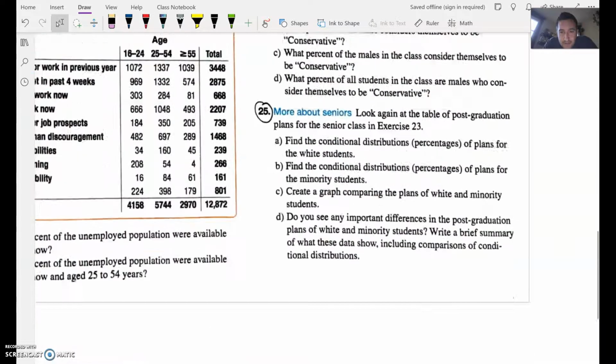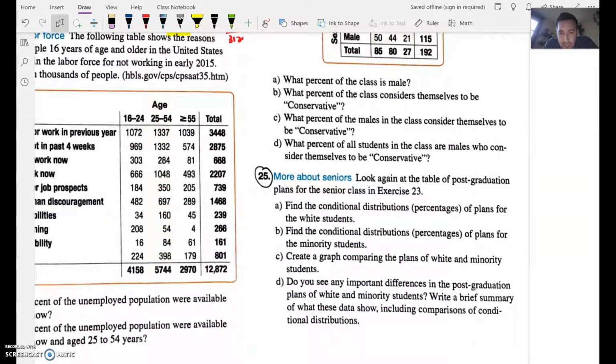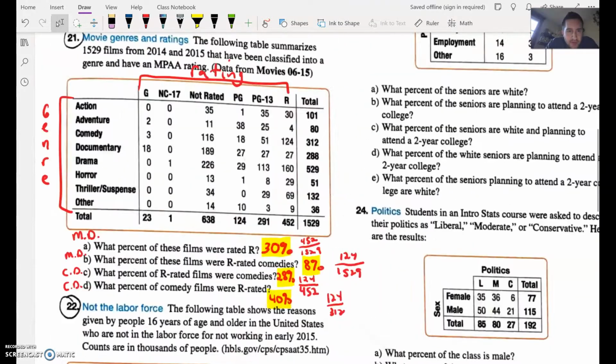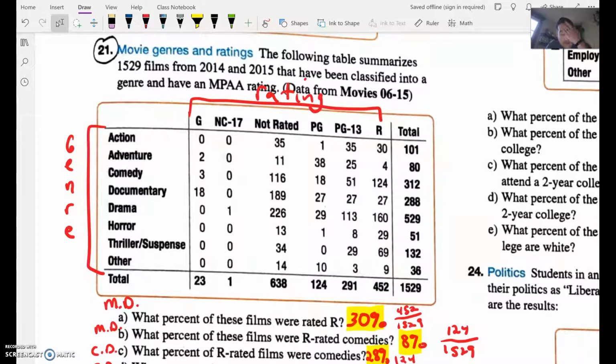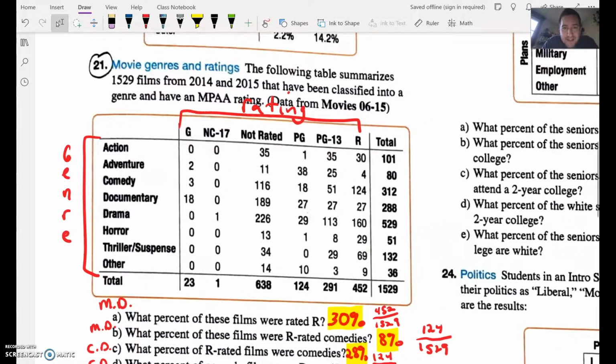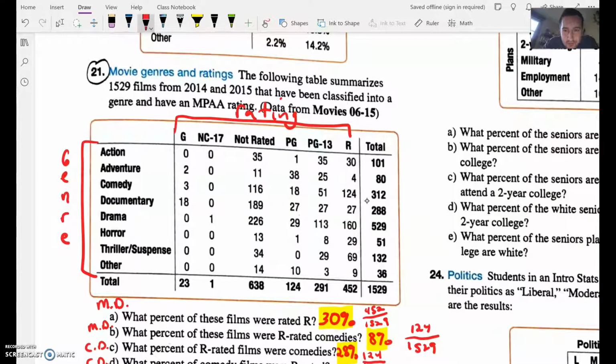And it says, find the conditional distributions of plans for white students. Find the conditional distributions of plans for minority students. Okay, so it just says find the conditional distribution. So what does that mean? Well, let me just solve it for this one so that you can then transport it to the other problems. If I said, what are the conditional distributions